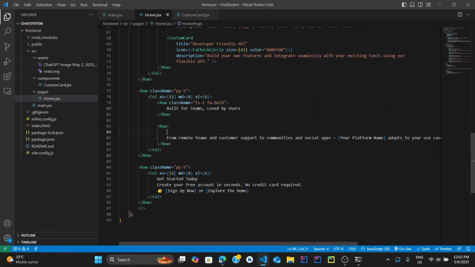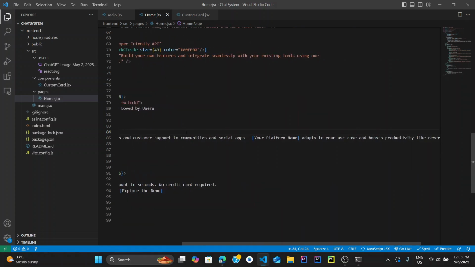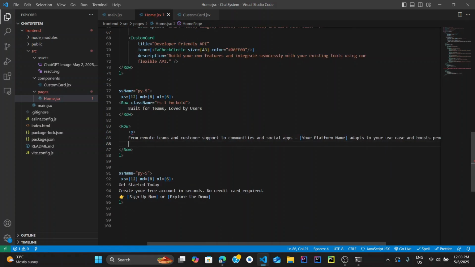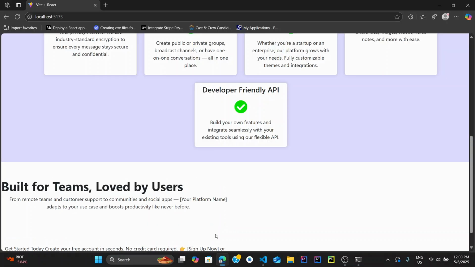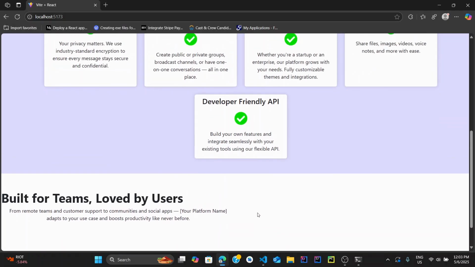And I'm going to wrap this paragraph with the p tag, so I'll be able to style that separately from the row. Then I'm going to style this one. I want to make the text alignment to the center, and I'm just not going to center this heading. I'm going to keep it left aligned like this,